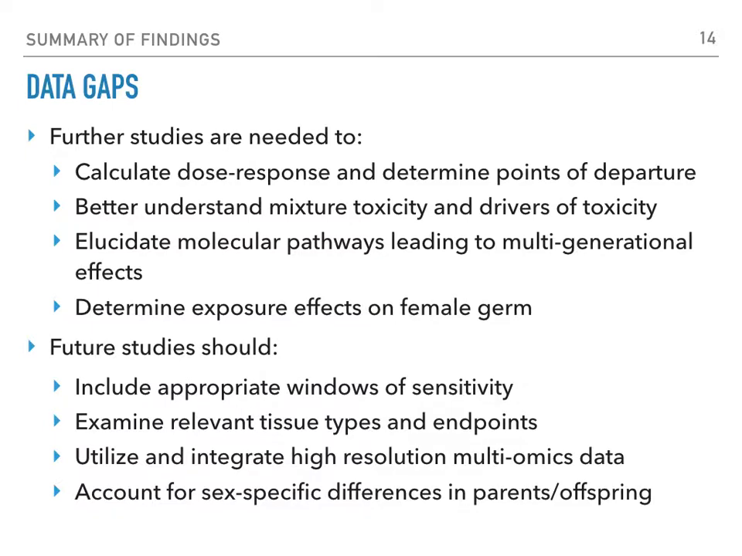And so further studies should definitely ensure that they're looking at appropriate windows of sensitivity and understanding when germ cells may be more vulnerable to exposure, making sure to look at relevant endpoints and tissue types and sampling to get the mechanisms better understood, utilizing more of the high-resolution multi-omics data and integrating those to better understand changes in the phenotype, linking back to genome and epigenome changes, as well as accounting for the sex-specific differences that are seen both in the parents and in the offspring,